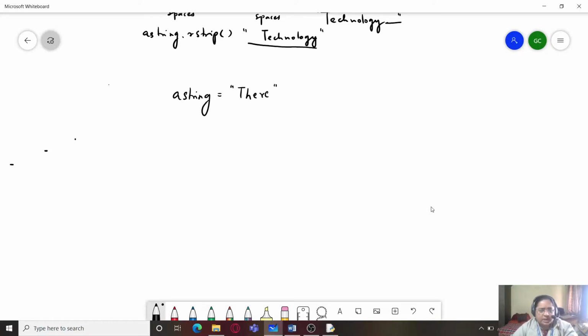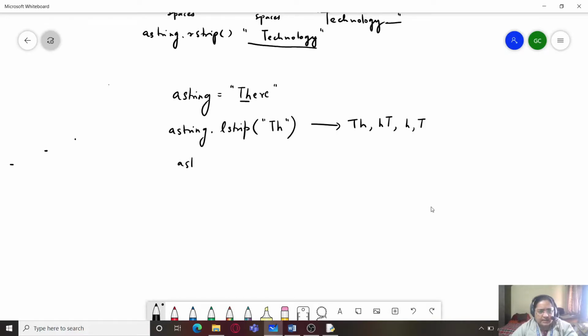So now if I write a string dot lstrip and I provide a substring here, for example th, it will remove all the combinations of th. What are the various combinations of th? We have th, we have ht, single h, single t. So this th shall be removed.